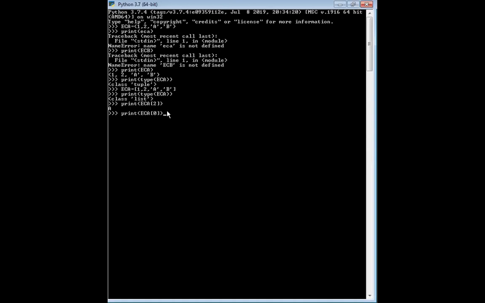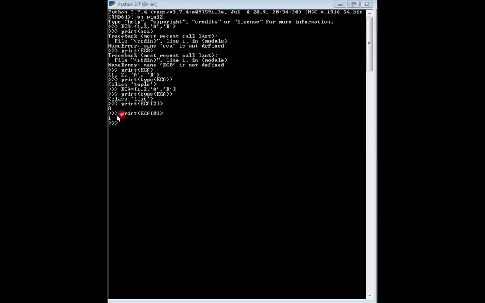If I give the index number as 0, you can clearly notice that you will get the output 1 itself.